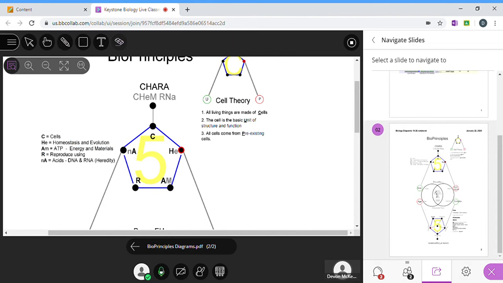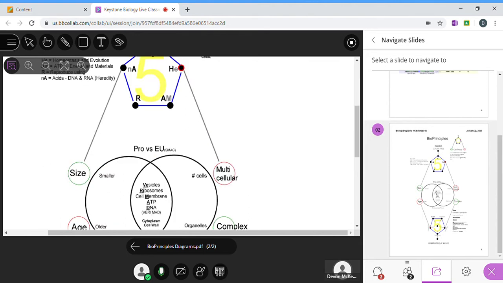So we use H in CHARA to help us remember the word homeostasis, and homeostasis is supposed to help us remember,